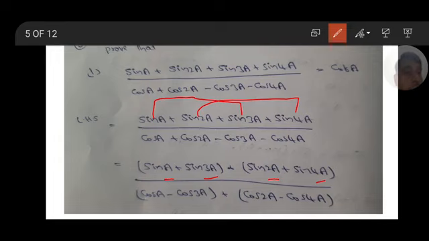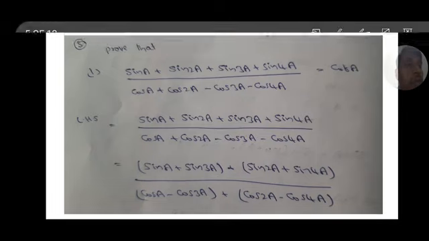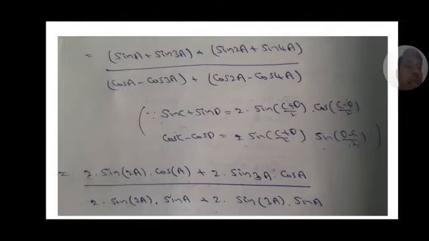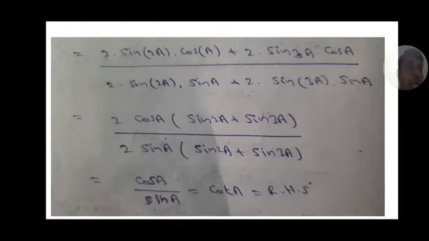Next, in the denominator, cos C minus cos D. In the first pair C equal to a, D equal to 3a. In the second pair C equal to 2a, D equal to 4a. Twice you have to apply sin C plus sin D and cos C minus cos D, and simplify, you get the answer. And common terms will be cancelled out, we get the RHS.